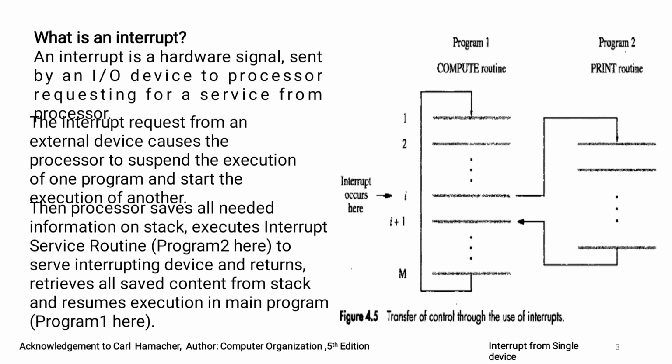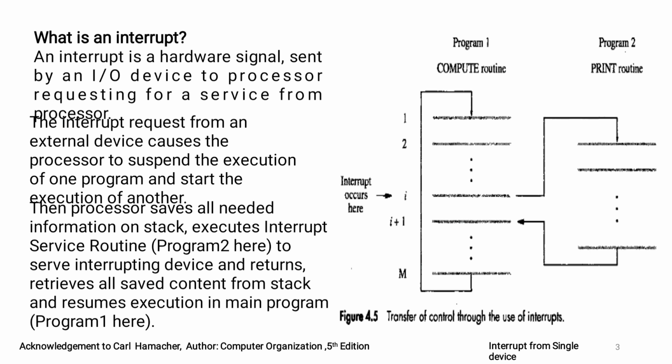So the interrupt request from an external device causes the processor to suspend the execution of one program and start the execution of another, because now the processor is requested for service by the I/O device. The processor was busy executing one program. When it gets an interrupt request, it suspends the execution of the current program and starts the execution of another program. That other program is the interrupt service routine, a special set of instructions needed to